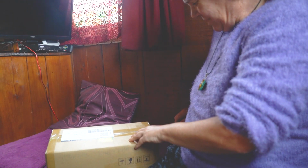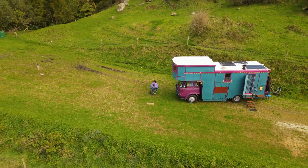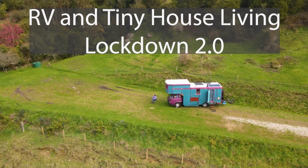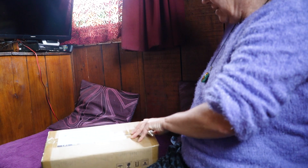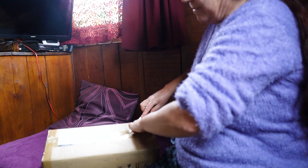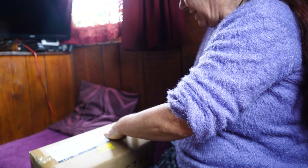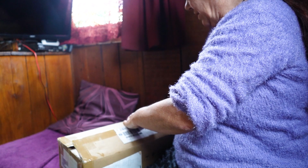My drone box arrived, my refresh care, and I'm going to open it up and make sure everything is in there. I just grabbed it, so let's have a look. Because when I read the packing slip from the company, it did not mention a controller, so I hope it's in there because it had the serial number for the drone and the serial number for the